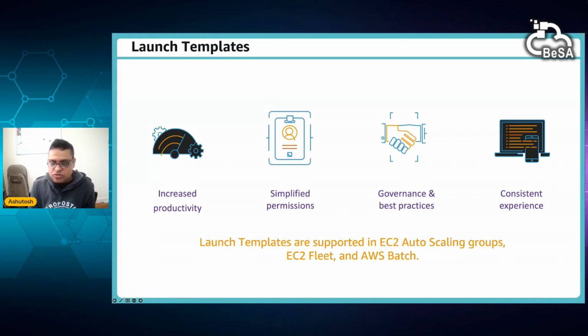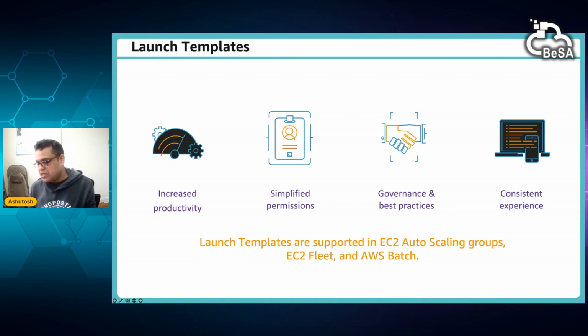And it is easier to roll out the changes. Suppose your requirement changes. In the original template, you have a certain family of instance, right? Now your demand changes. You want to have a different family of instance, right? In that case, you can have a second version of this template. So suppose the versioning also. You can copy the existing template and make whatever changes.